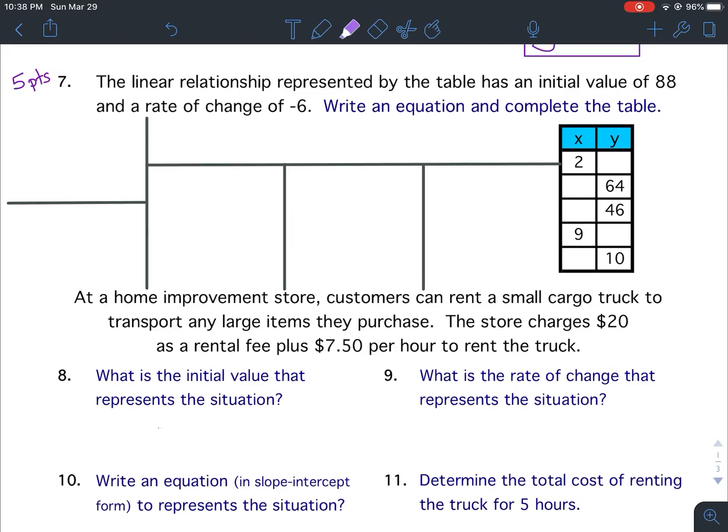Using functions to model relationships, worksheet 15, question number 7. Question number 7 will be worth 5 points. If you look at the chart, there are 5 blank spaces here. Each one of those 5 blanks will be worth a point. Also, I will be doing 2 out of the 5 with you, so you'll have to do the remaining 3